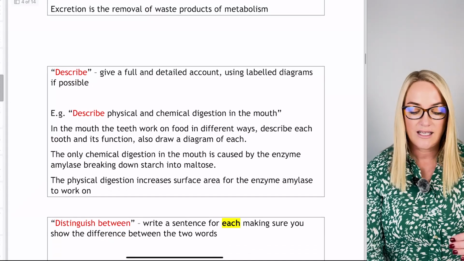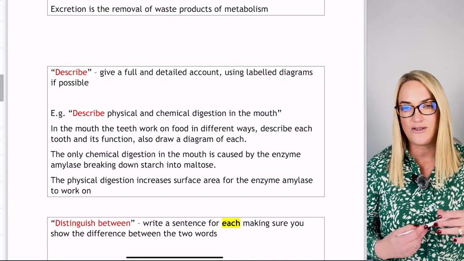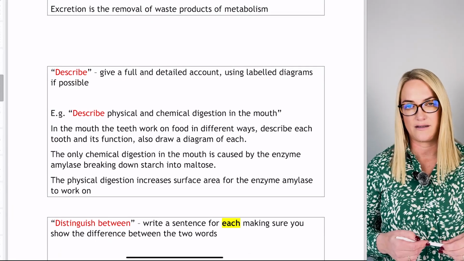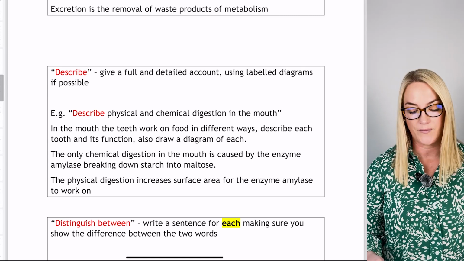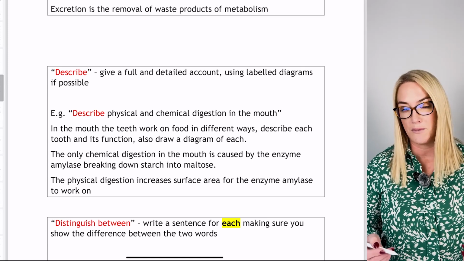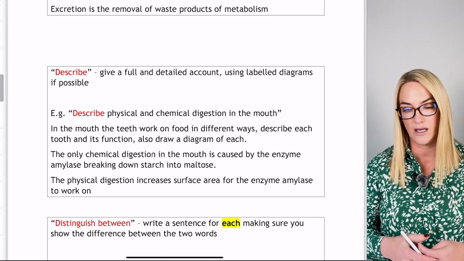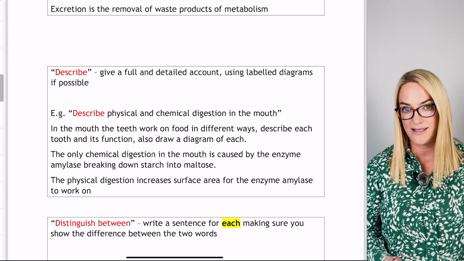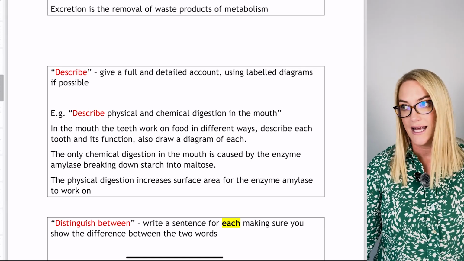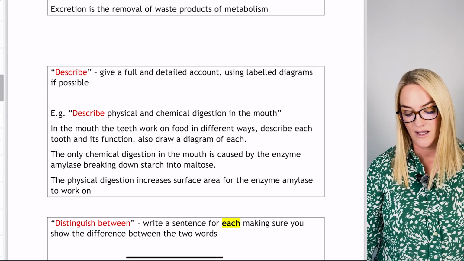Describe. Give a full detailed account. Use labeled diagrams if you have to, okay, if you think it will help. Describe, again, a minimum of 9 marks can be going for describe. Depending on the sentence, it can go all the way up to 18 marks, possibly even more. So describe